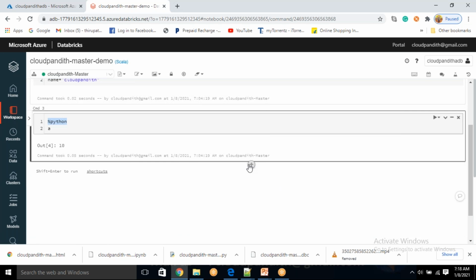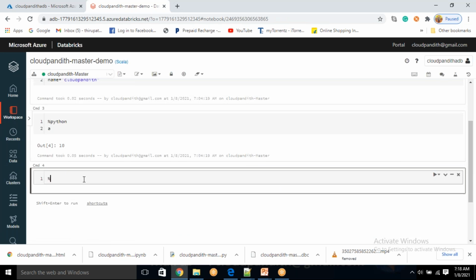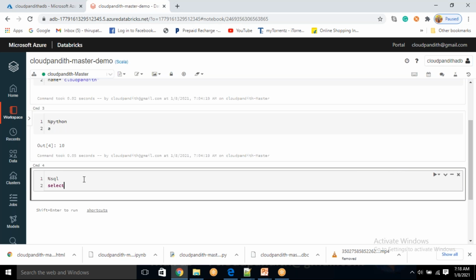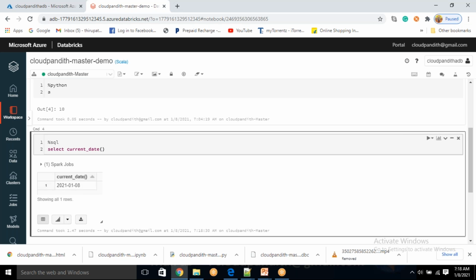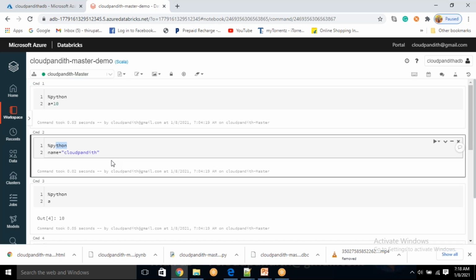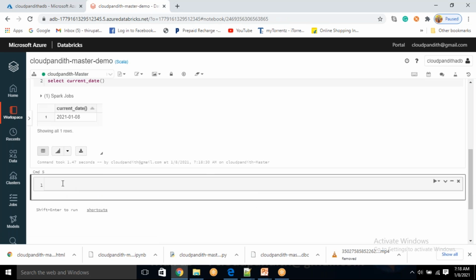Okay, now if you want to execute, let's say, SQL, then you need to say %sql, select current_date, execute it. Okay, so today's date, if you want to get something like this, you can even execute it. %sql means SQL, %python means Python. But if I click on this cell, which code can I execute by default without using a magic command? Can you tell me quickly what language code I can execute? Scala. Okay, the reason is the default language for this notebook is Scala. That's why you can execute Scala.